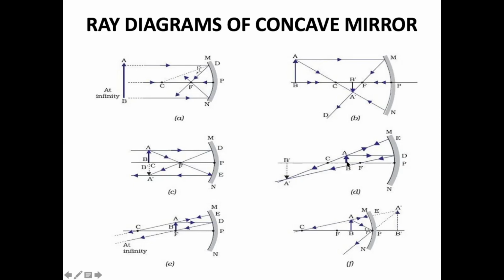Now we are bringing the object closer. See, at infinity, then beyond C, then at C. Now what is the position? Between C and F. I'm bringing it closer, between C and F. This is an object. This is a principal axis. So when I'm drawing, always try to label it, okay? And put your own labels if you're not understanding these labels. But always try to keep the object as AB and the image as A dash B dash, okay?